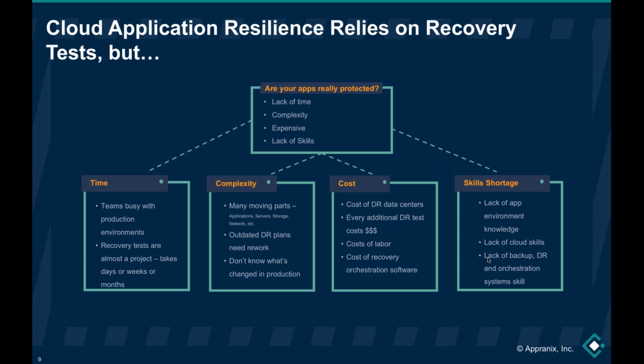And then the recovery tests. Even if you outsource them, a resiliency provider in a data center era is going to suck up more of your time because they don't know what you have done between 2 recovery tests. And sometimes the plan is so outdated that by the time you finish putting down this DR plan, it's already outdated because some configuration has changed in the infrastructure or the application side. So what is the point of creating these DR infrastructure plans? There is no point, because it's too late.